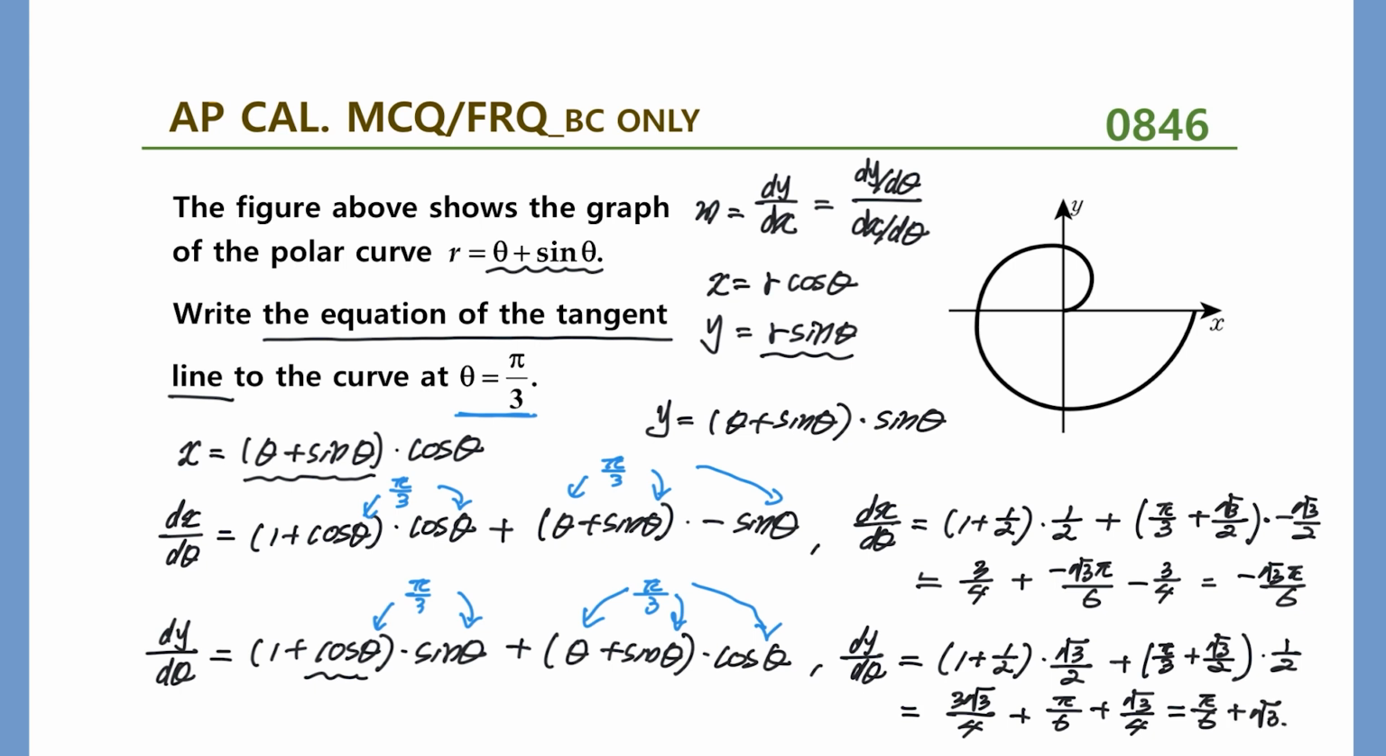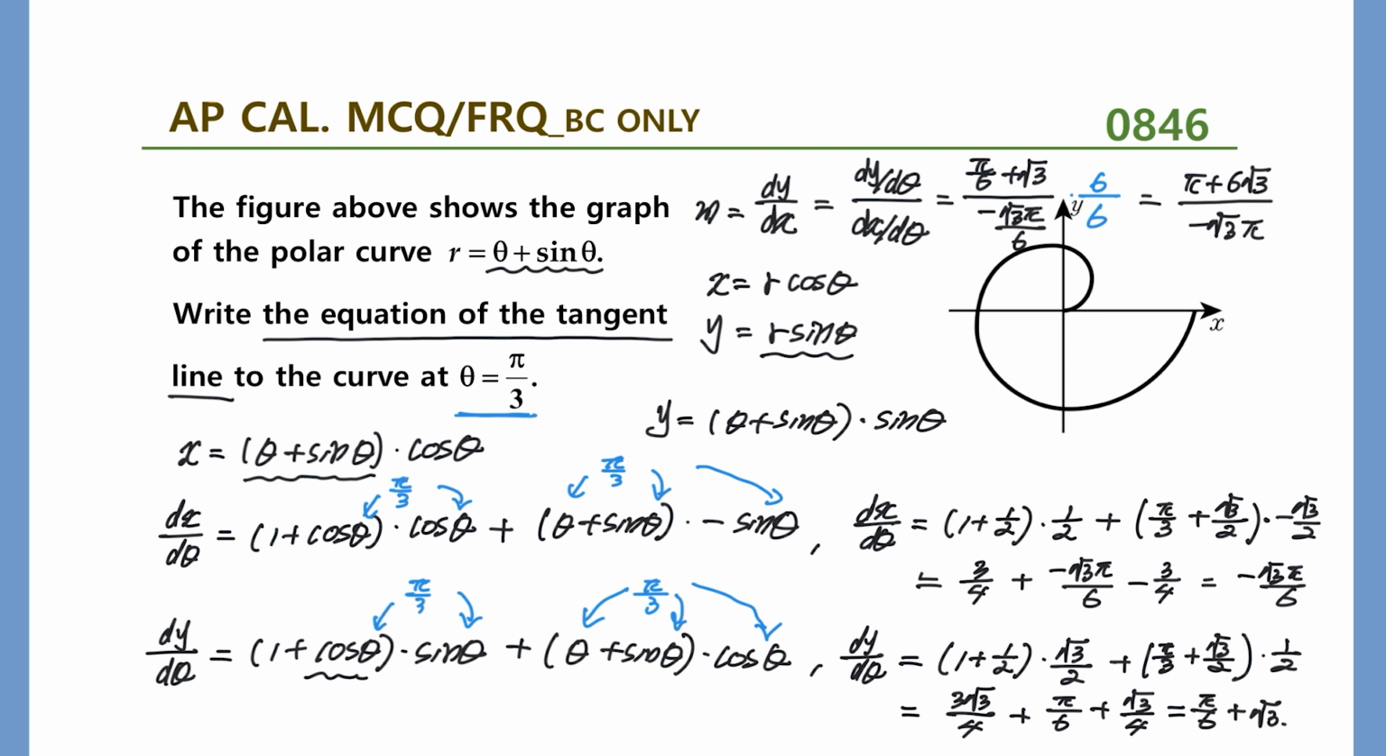So our slope is equal to dy over d theta, that's pi over 6 plus root 3, over dx over d theta, that's negative root 3 pi over 6. Let's multiply by 6 and 6 here. That gives us pi plus 6 root 3 over negative root 3 pi. That's our slope. Now we're going to have to find the x and y coordinate when theta is equal